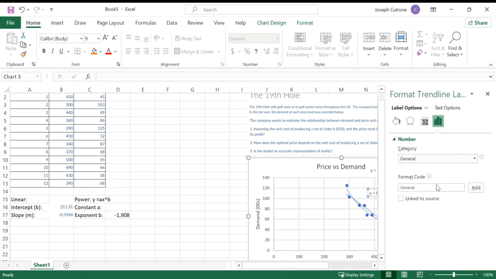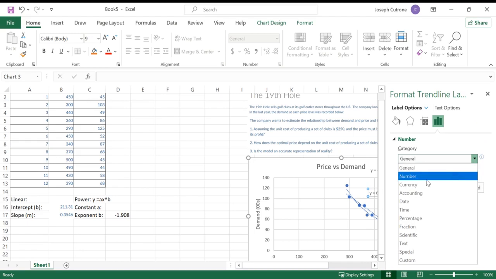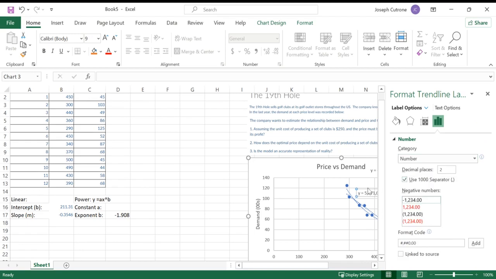And it gives me this sidebar, and it says, okay, this label, what is it? It picks a general. Let's change it to a number. And then you can already see it starting to change over here. You can pick how many decimals you want. You could do this for any trend line, for anything you want. Since this is a very large number, near 6 million, I don't need the decimals, 0, just to